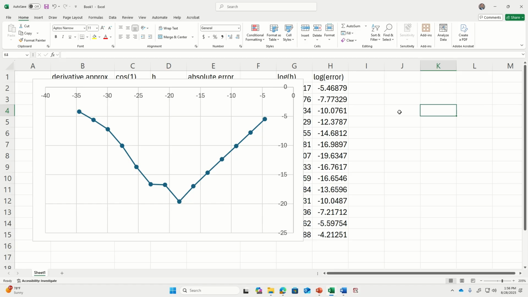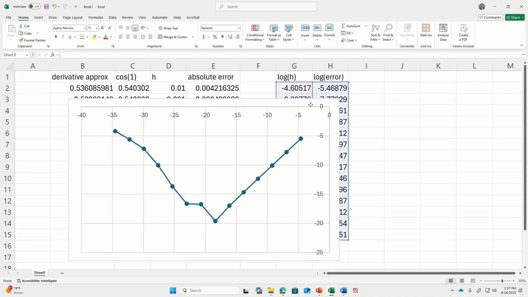Every time your computer adds, subtracts, multiplies, or divides, it takes the two numbers that it's supposed to be working with, rounds them to the nearest number it can approximate in the floating point data type, and then performs the operation. Whatever the result is, it also rounds that to the nearest number it can represent in the data type. And so as you're doing this,